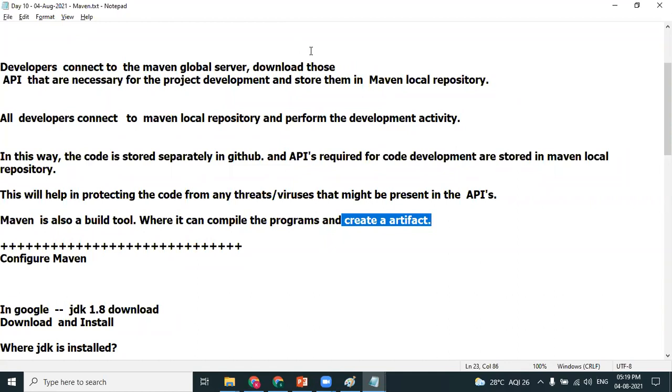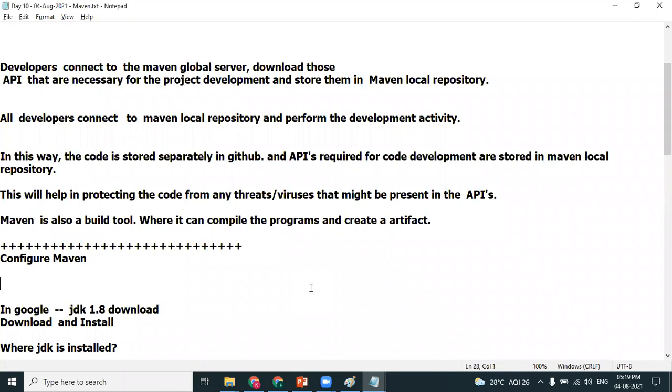So we have now understood the importance of Maven. I want to practically show you how exactly the artifact is built using Maven. So I want to show you how we can install Maven on our personal laptops. I also recommend you install Maven on your personal laptops. Follow the steps I've shown you, and we'll also experience the process of building an artifact.